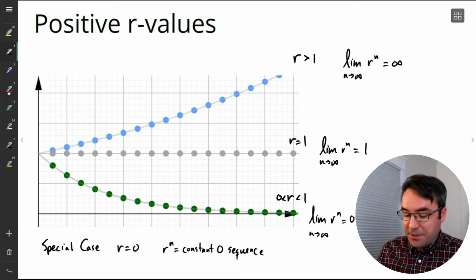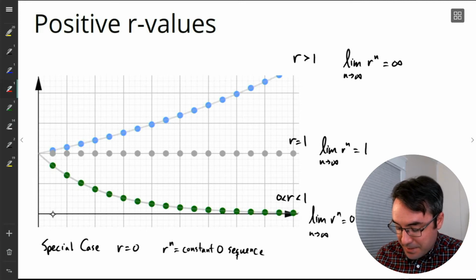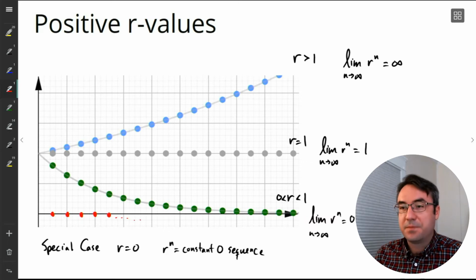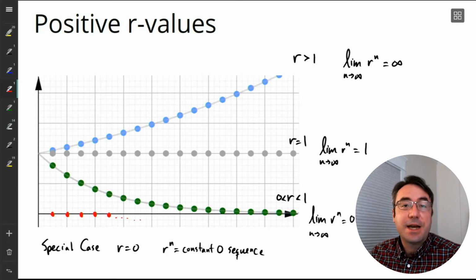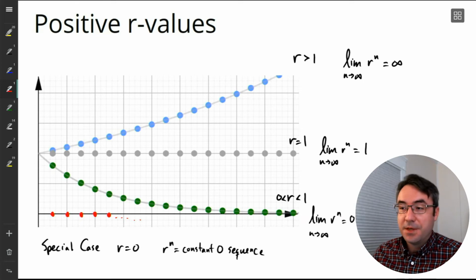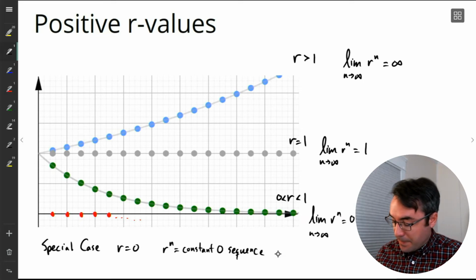And so if we wanted to graph it, it would be just the constant sequence 0. So in that case, the limit of r^n would also be